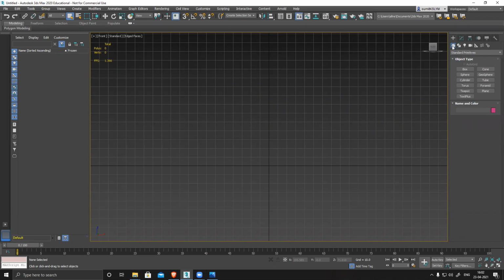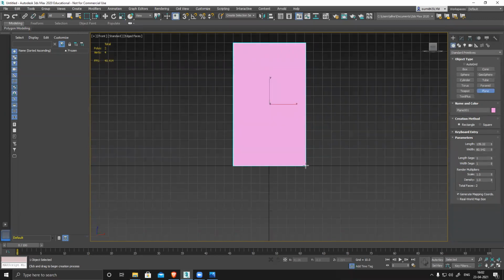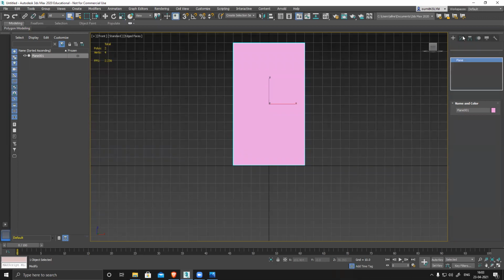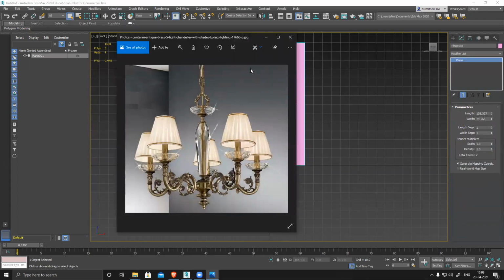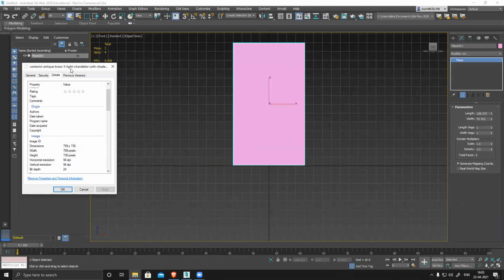You can see we have all these options: geometry, shapes, and everything. In geometry, we have plane. I'll create a plane just quickly and go to modify, and length and width I can see clearly. I just right click properties on the image and I can see this.